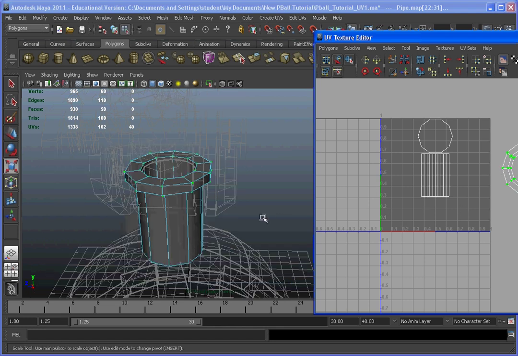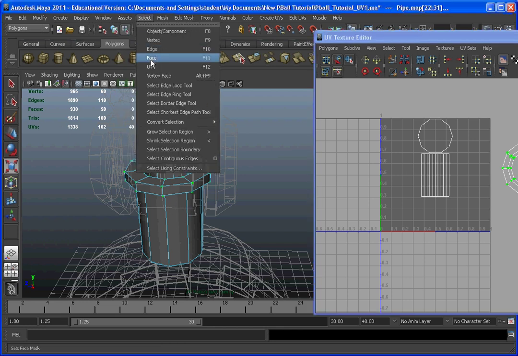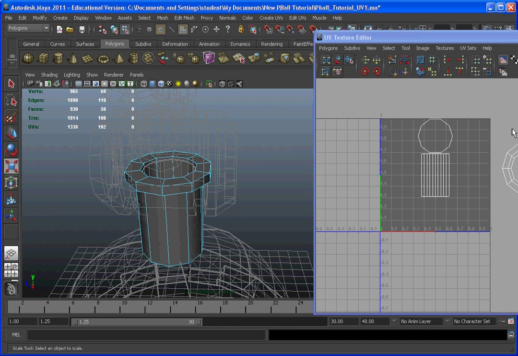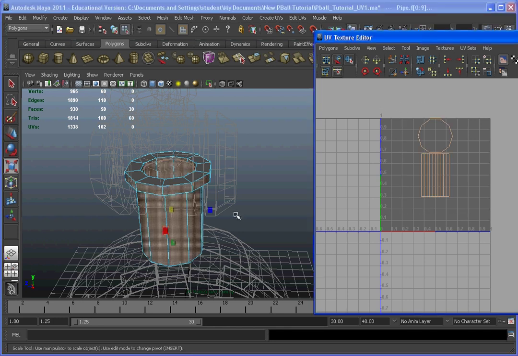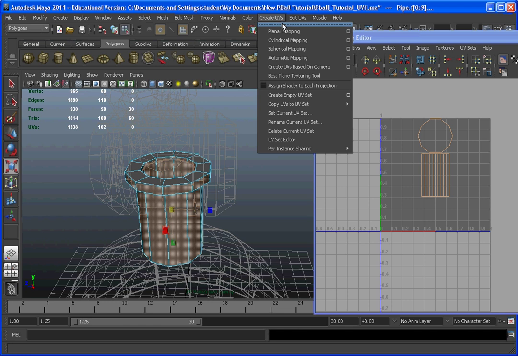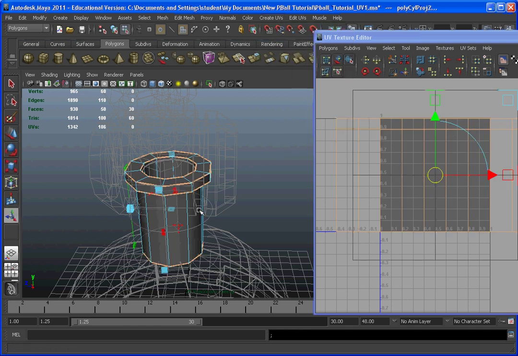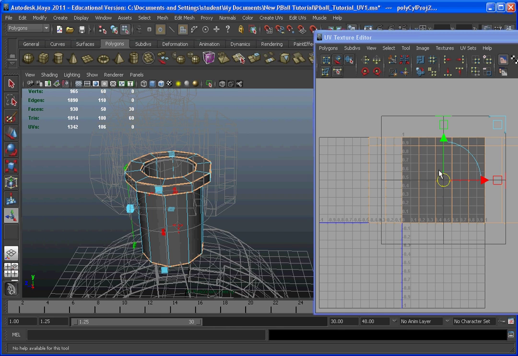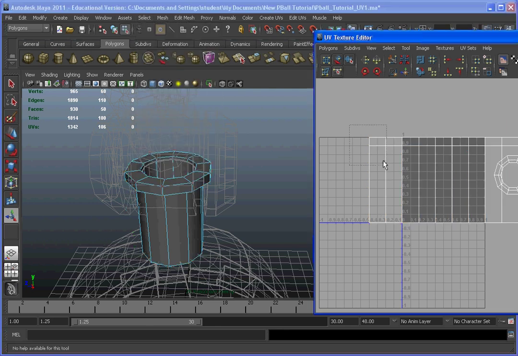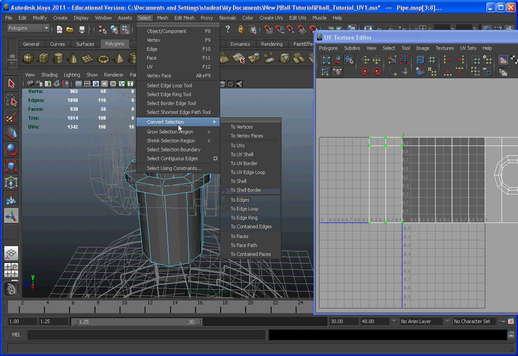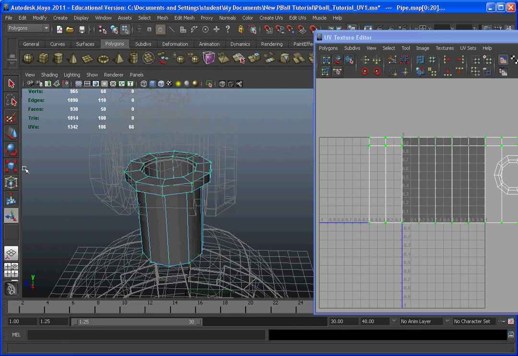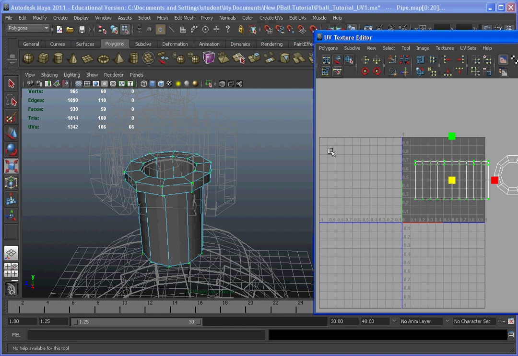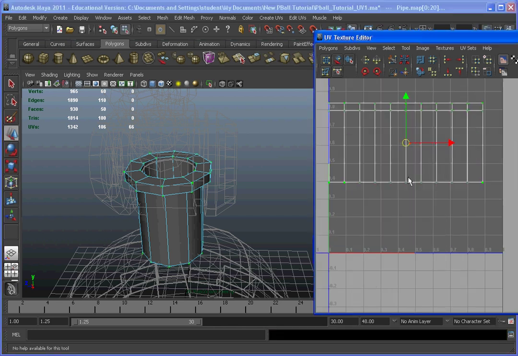The next bits we need to worry about is the actual sides of this. So we can go to select face mode, and instead of doing face mode here, we can do face mode over here to grab everything else we need. And we're going to do create UVs and do a cylindrical mapping. We can again just use the default settings because cylindrical mappings do not have that many settings to worry about. We can then go back to UV mode, grab these guys and do our lovely convert selection to UV shell, scale them down a bit so that they're at a more manageable size, and then we can start peeling these